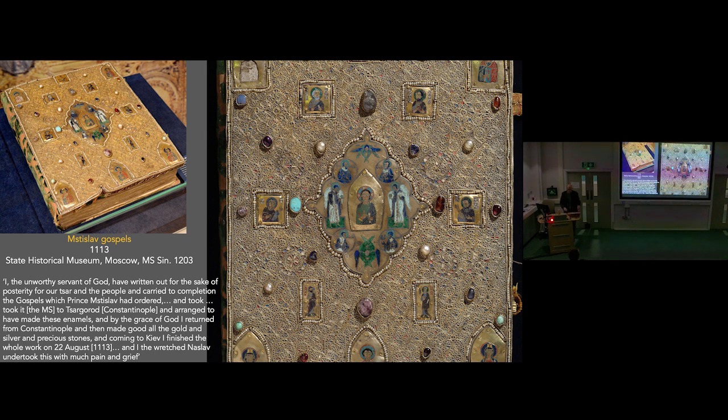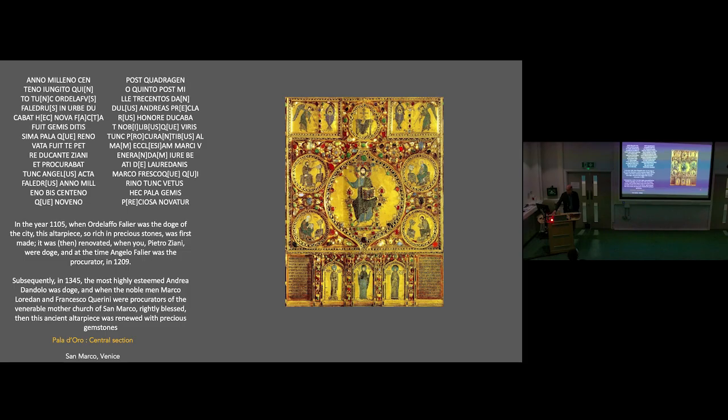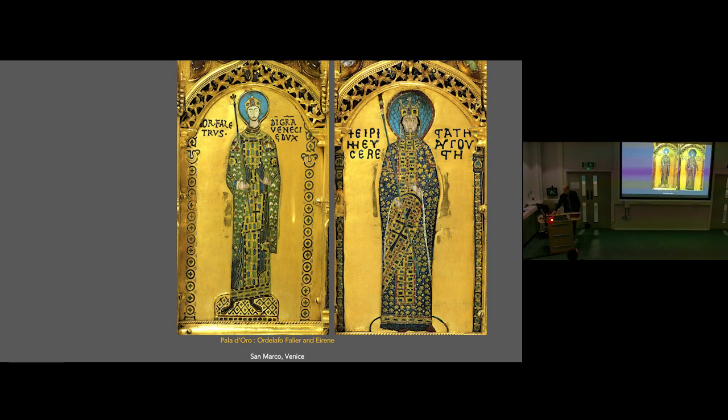So whilst I think at one level maybe there was an open market, I think at another we need to be rather more cautious about that for both Desiderius's commission and for the Palladoro. That if we look at the Palladoro first, it does of course have its recognition of Byzantine imperial power on it. So a sequence of 5 spaces along the lower edge of the object, 2 now replaced by the 14th century inscriptions, but a likelihood then of 5 enamel figures there, the Empress, the Virgin in the center, to either